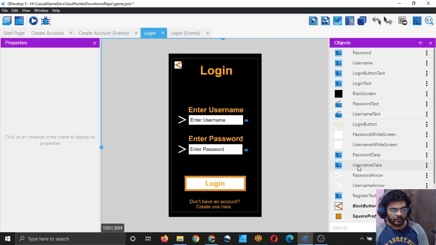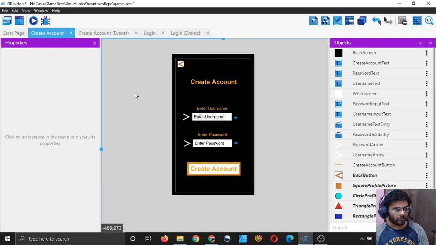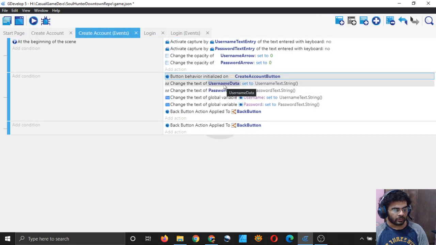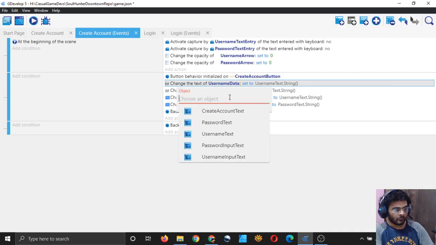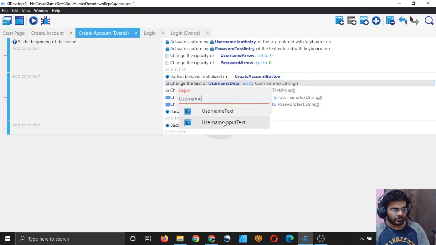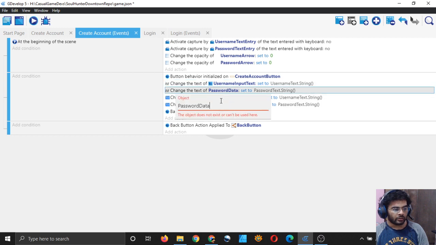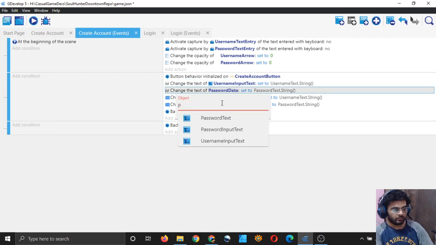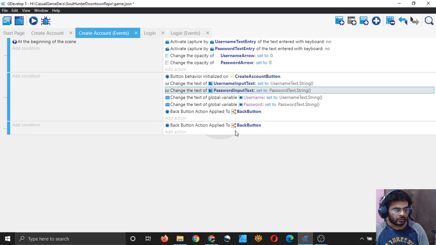Username data is the actual text that will change while we write. In the case of the create account scene, its name is username input text, so you have to change that. Username input text, and here change it to password input text. Password input text. Okay, so that's good.